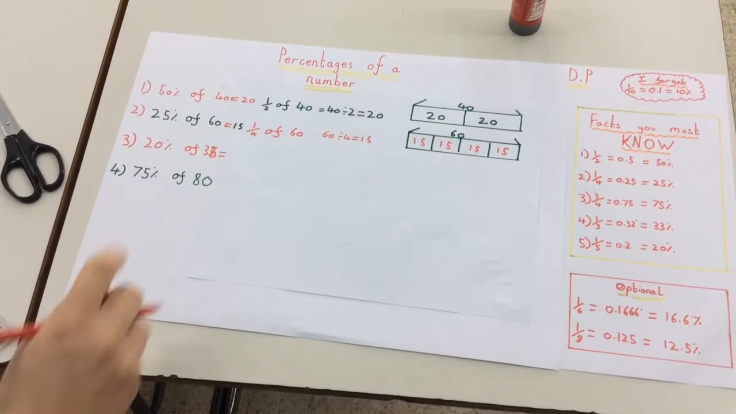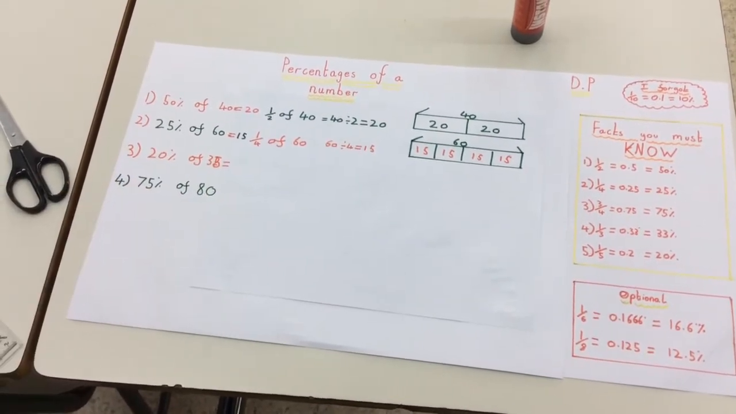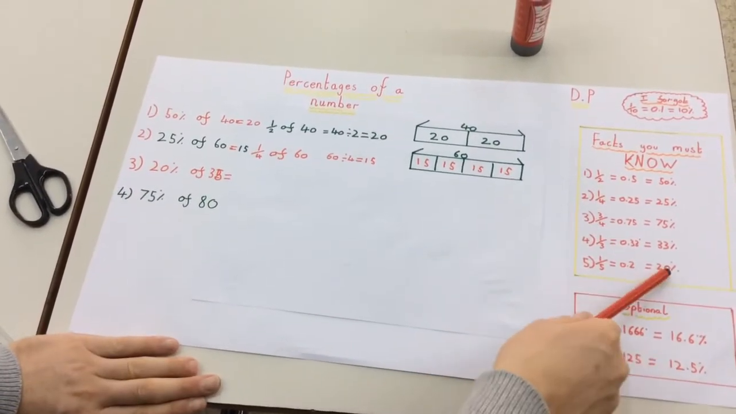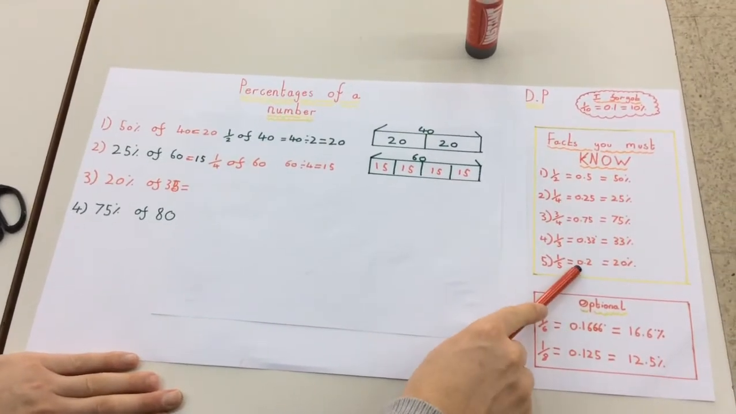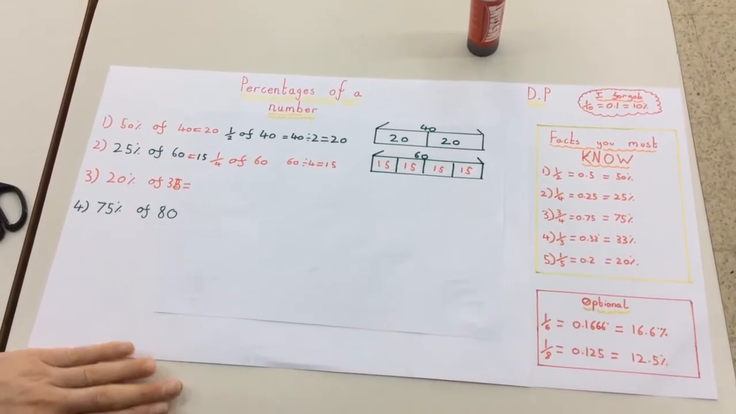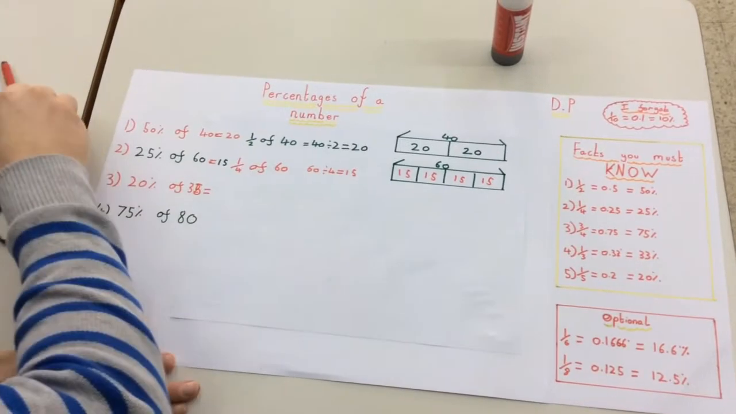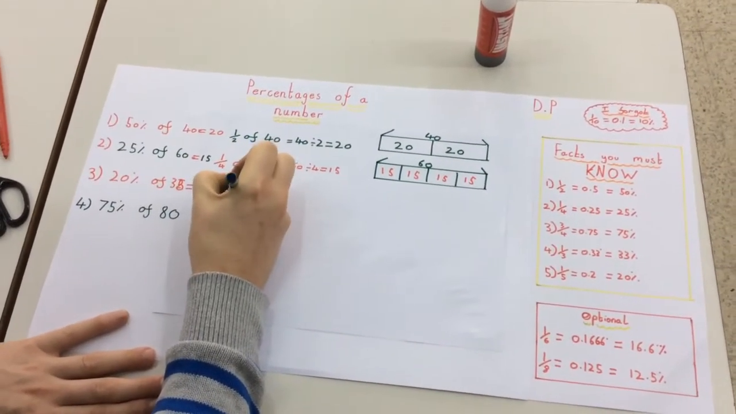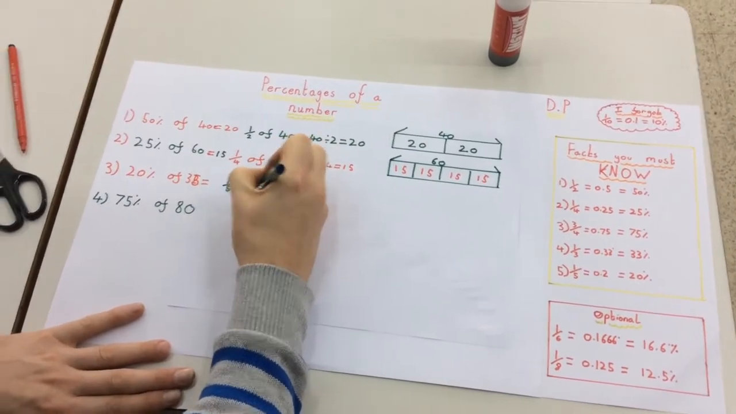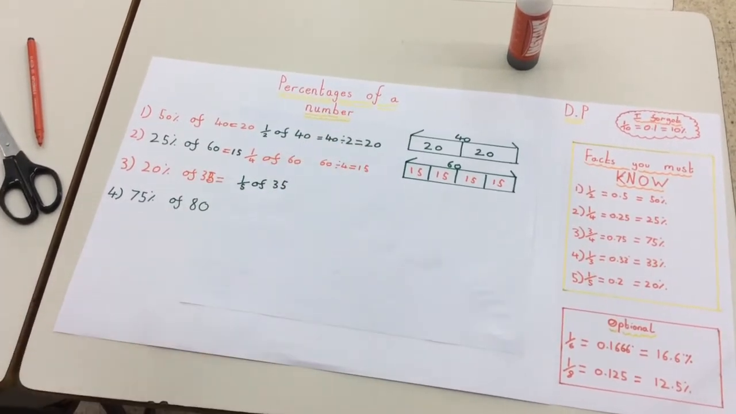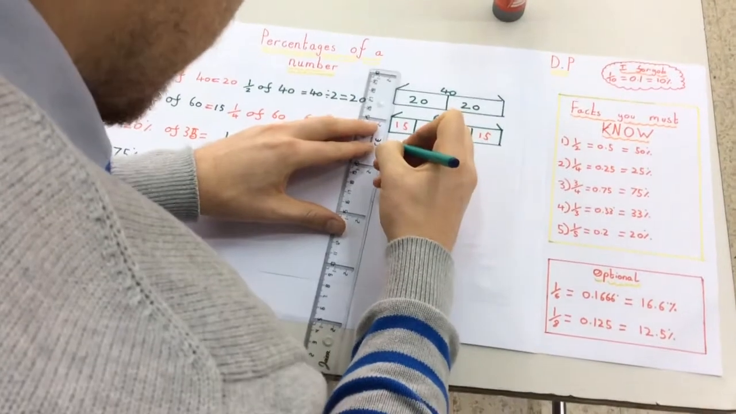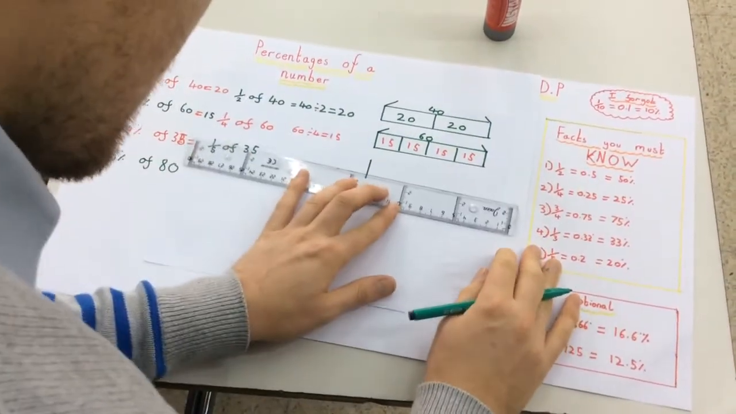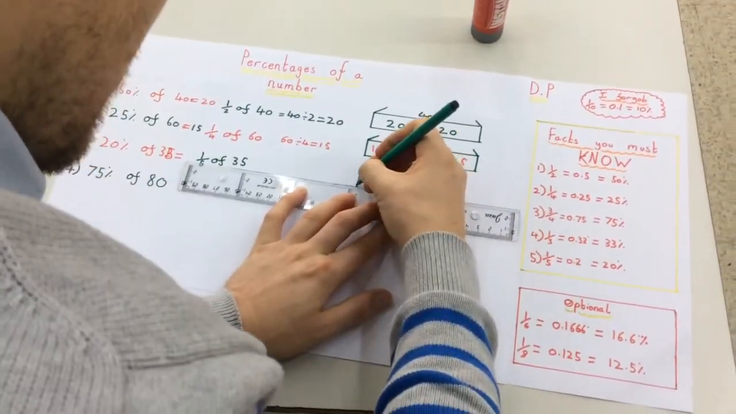That's our next one. There's 20% of 35. Well, 20% we had to learn is the same as 0.2 and the same as 1/5. So what I'm really saying here is, what is 1/5 of 35? So I'm going to draw my bar now. And because I want 1/5, I'm going to divide it into 5